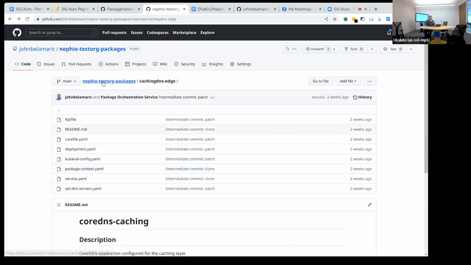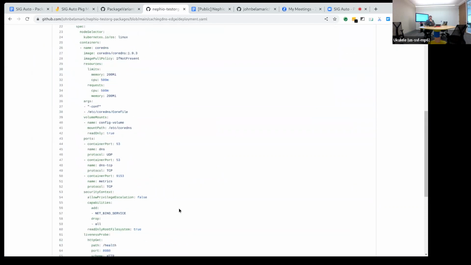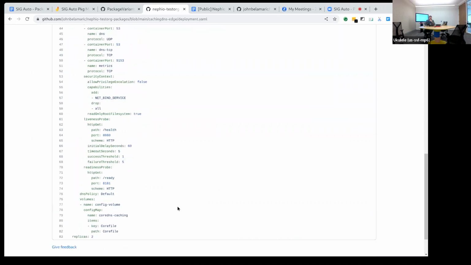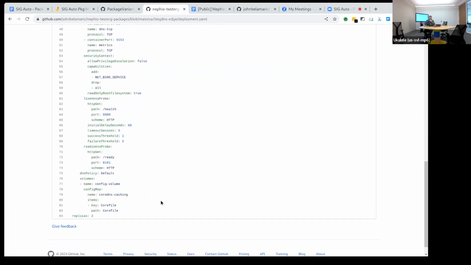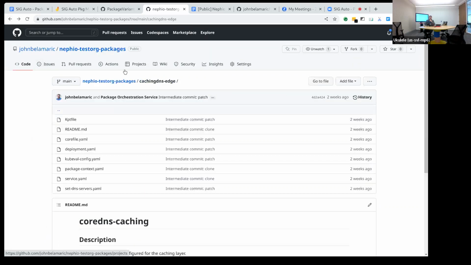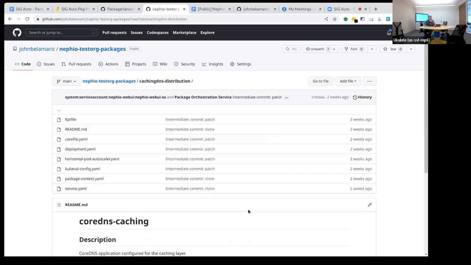The edge one, the deployment, runs just a couple of two replicas, and they're relatively small in their memory and cache and everything. Then I have a similar one representing the distribution layer. I don't have all the fancy stuff of L2 cache and Redis and all that, but you can imagine.